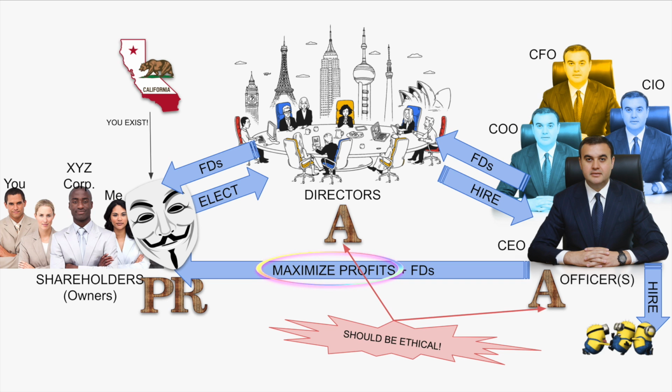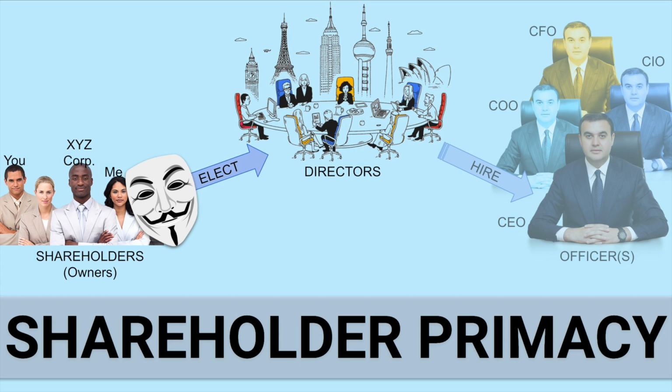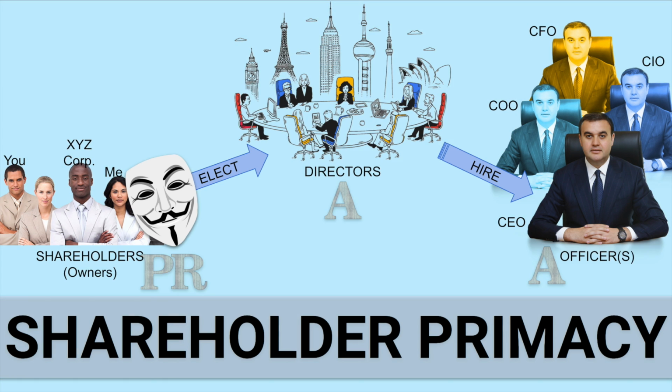So the agency problem is essentially a conflict of interest that is inherent in the relationship between one party, maybe the agent of a business, like those officers or directors, who are expected to act in the best interests of the business and shareholders. If a director or officer instead acts in their own self-interests, or if they act not in the interests of the corporation, then we have this agency problem. In all, the decisions and conduct of directors and officers must be ethical, especially in light of their agency to the corporation. Now that we know something about shareholders, let's turn to an ethical or governance theory called shareholder primacy.